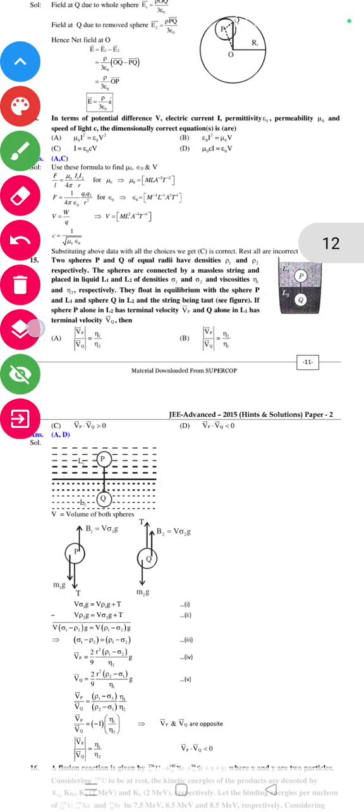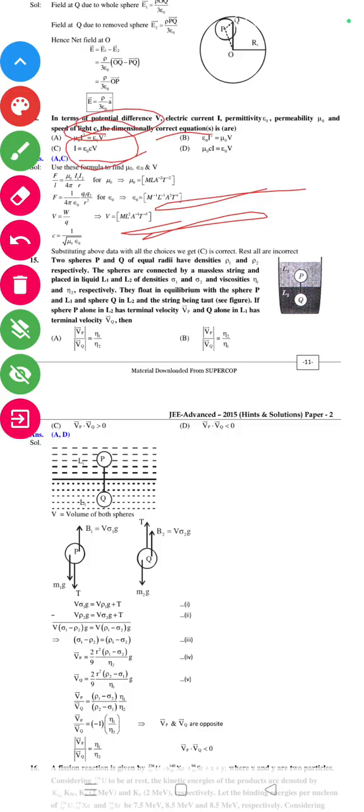अगला क्वेश्चन है कि in terms of the potential difference V, electric current I, permittivity ε₀, permeability μ₀ and the speed of light c, the dimensionally correct equation is: to use the formula to find the μ₀, ε₀ and the V। F by L is equal to μ₀ I1 I2 by 4πr, for μ₀ M L A⁻² T⁻²। F is equal to 1 by 4πε₀ q1 q2 by r², for ε₀ M⁻¹ L⁻³ A² T⁴। V is equal to W by q तो V हो जाएगा M L² A⁻¹ T⁻³ और c इक्वल टू 1 by √(μ₀ε₀)। इसका आंसर क्या जाएगा, ऑप्शन A और ऑप्शन C।